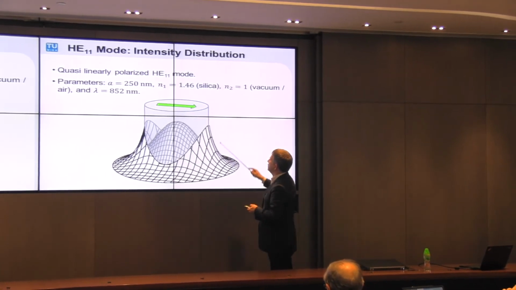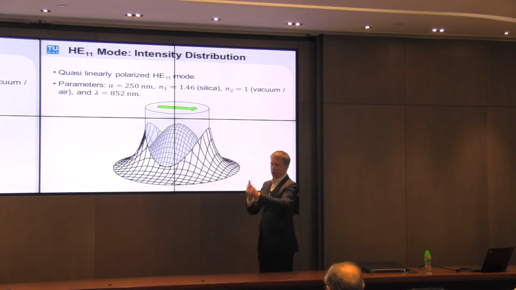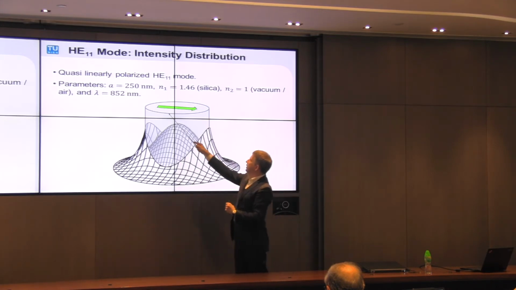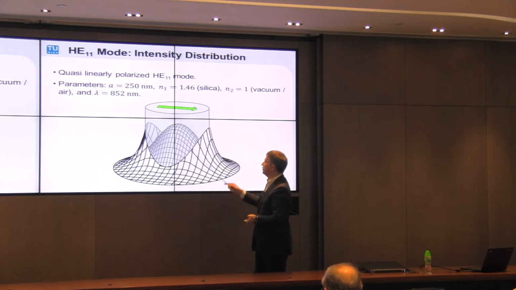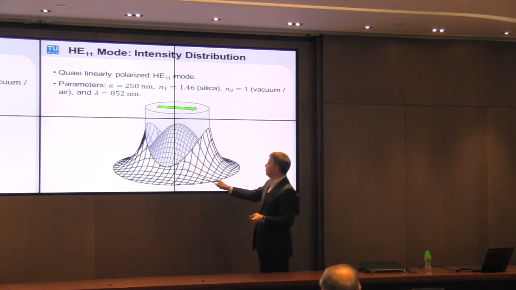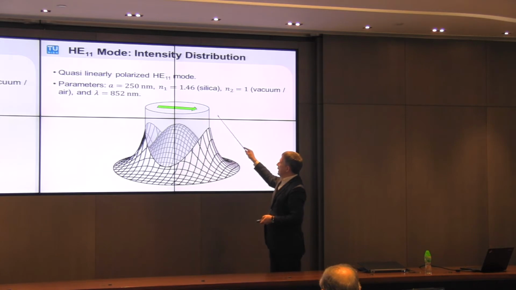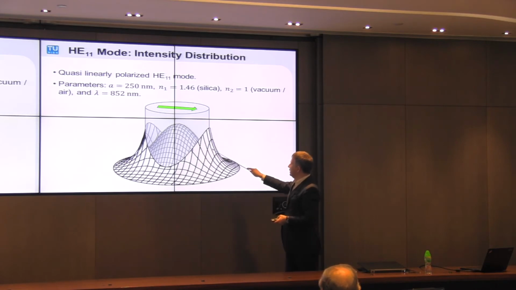You can see that by considering that here it's guided by total internal reflection, which is here P polarized, because if this is my fiber, then the field is reflected like this, whereas here it's S polarized because the light is reflected like this on the fiber surface. Fresnel coefficients are different for S and P polarized incidence, and so you get a factor of 3 modulation of the intensity. And now here we have, again, as for the water wave, such a very strong gradient of the